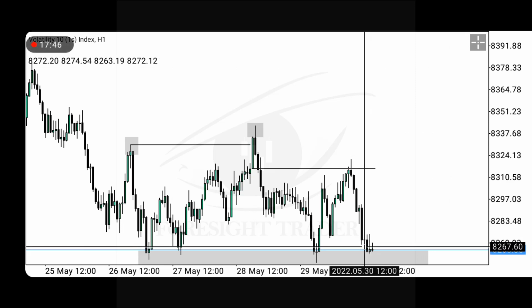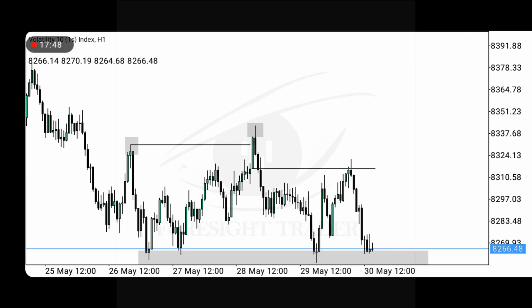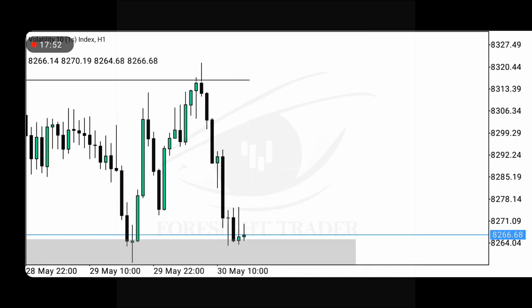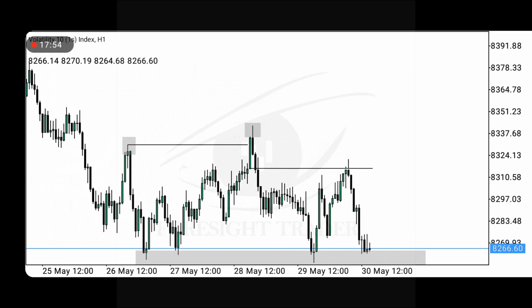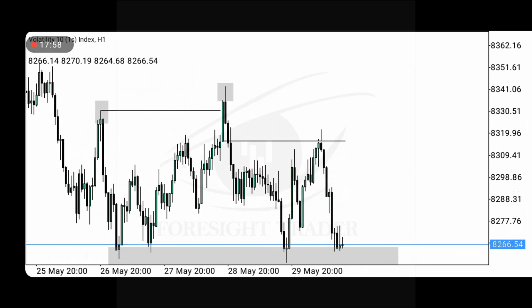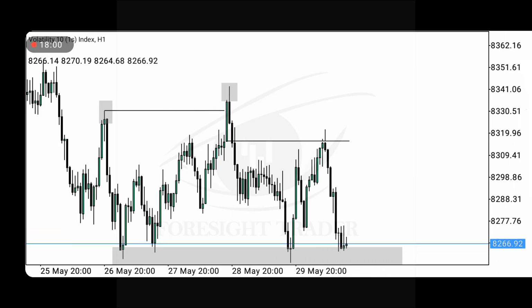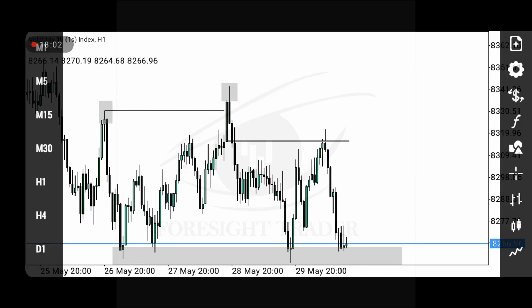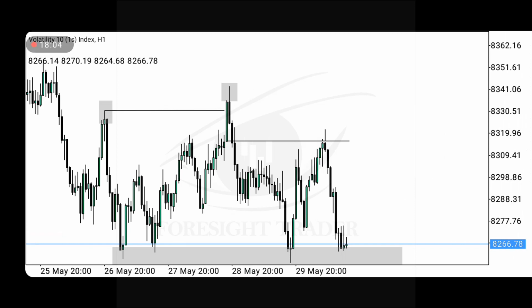So this is basically what the market does, and if you really trade against them, you're not only going to lose your money, you're not going to find consistency, because they are the big players in the market, and they are the ones that control the market. So why not play the games that the big players play?